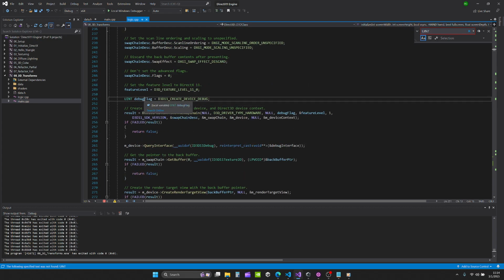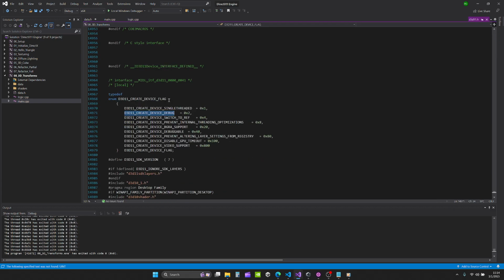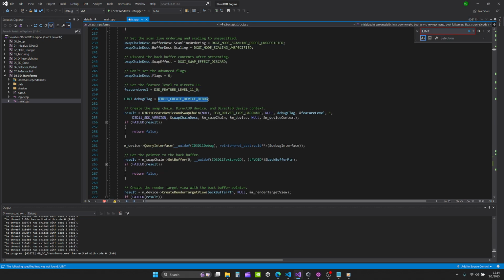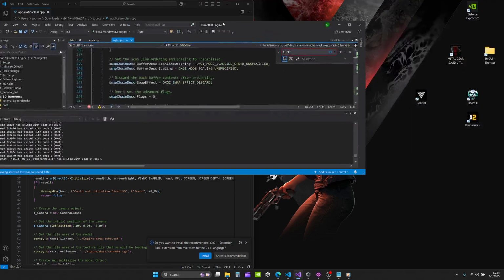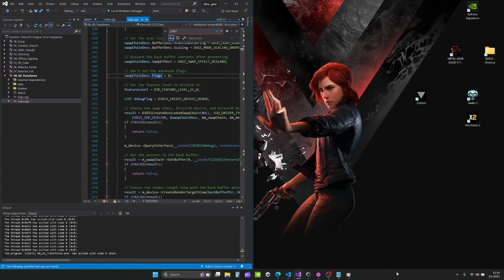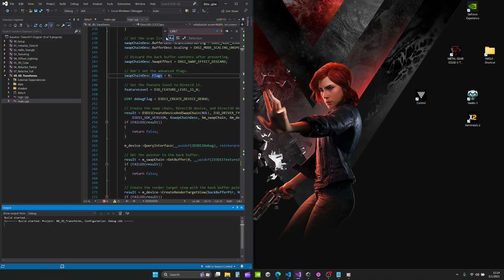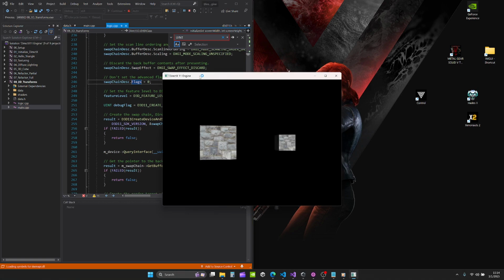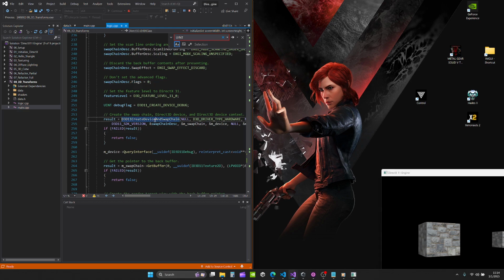So yeah, there's a debug flag which is set to that, which is some sort of value, and then that is passed off into the create device and swap chain function. And after that, what occurs is the device queries the actual debug interface and